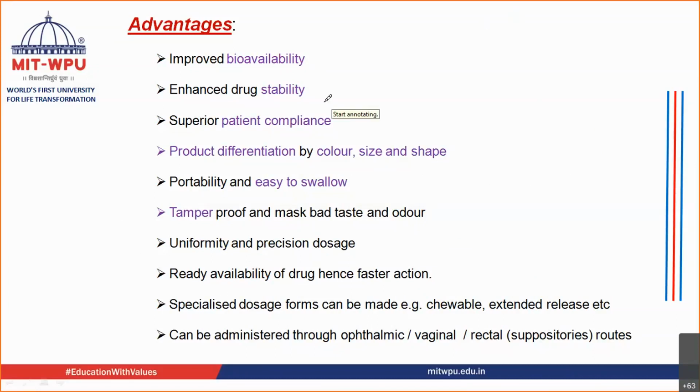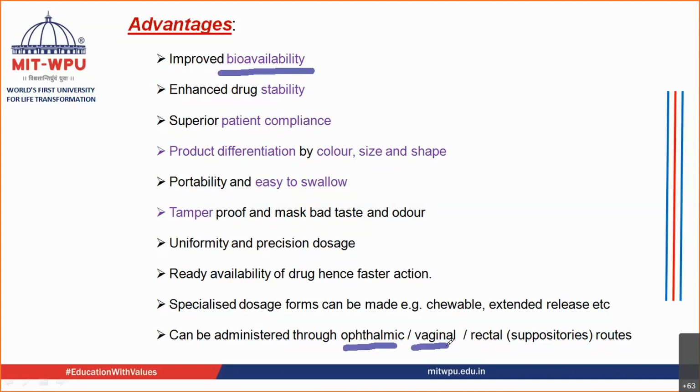One of the major advantages is it improves the bioavailability, because what you fill into it is liquid, you fill into it solution. So the bioavailability is always increased. Once the capsule breaks open, what goes inside the oral cavity is, or wherever you are intending to use it. So as I said, it can be used in ophthalmic dosage form also.